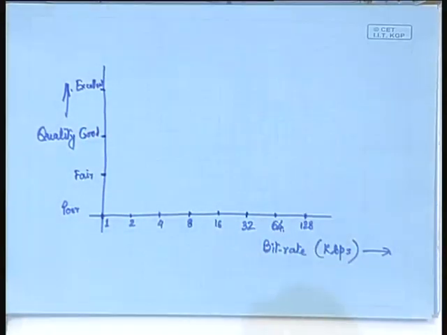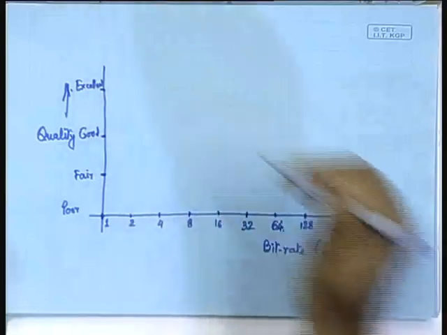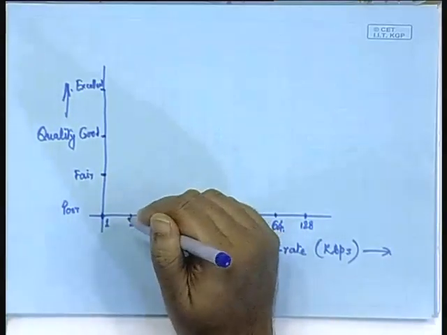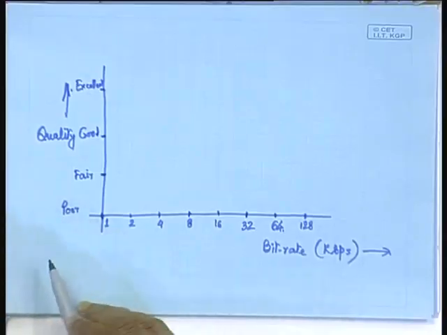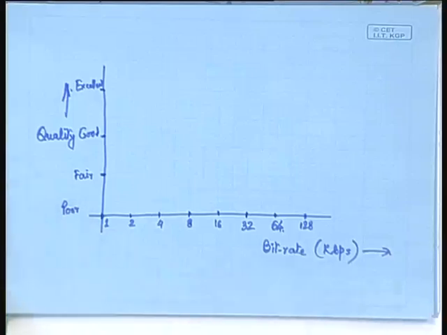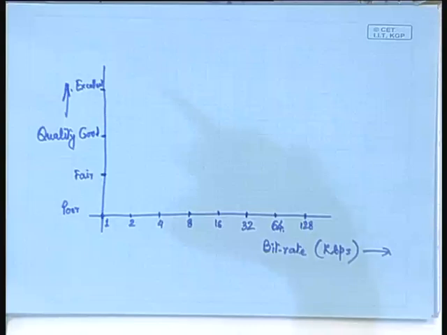Okay. So definitely what we are trying to do is reach excellent. The ideal situation would be that we reach excellent quality at very low bit rate, but as you know that is not possible. In fact, the trade off goes the other way. That means as we decrease the bit rate, if we go more on this side, decreasing the bit rate obviously requires sacrificing the quality. Okay. Basically there is loss of information.